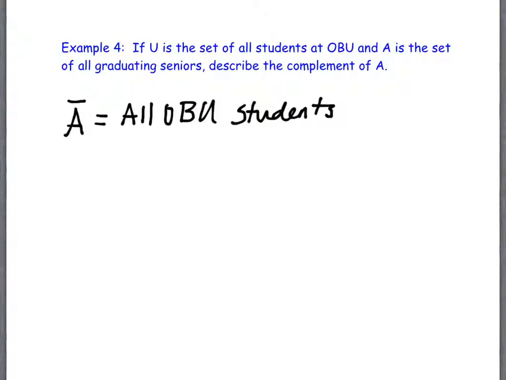Is there a way more concise to say freshmen, sophomores, juniors? Everyone not, it's not just seniors though. Yeah, it's everyone except the graduating seniors, right? So this is all OBU students who are not graduating